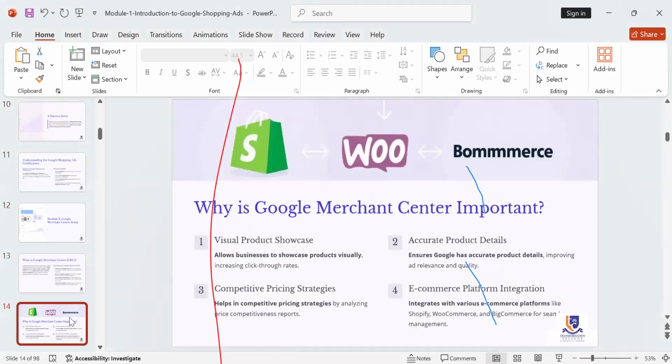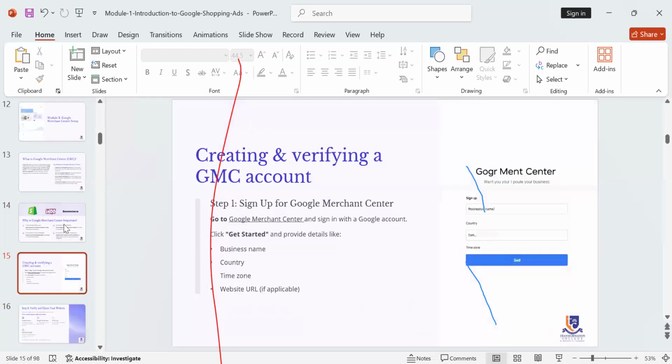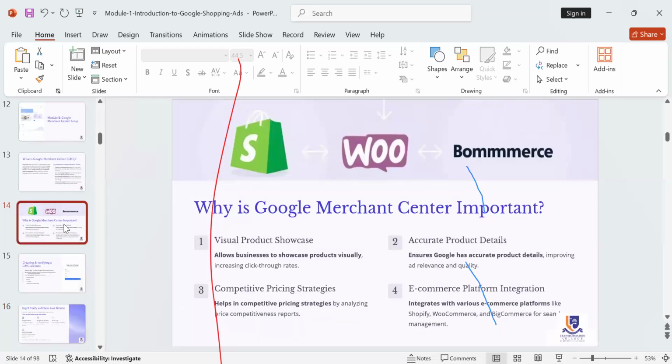Like I said, you can attach it to an e-commerce business or a Shopify business, whatever platform it is. So why is Google Merchant Center important? You have the opportunity to visually showcase your product. So it allows businesses to showcase their business visually, which would also iterate accurate product details. So it's not like it's generating it for you. You come on there, you upload your picture